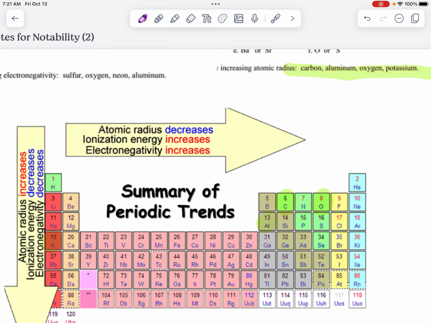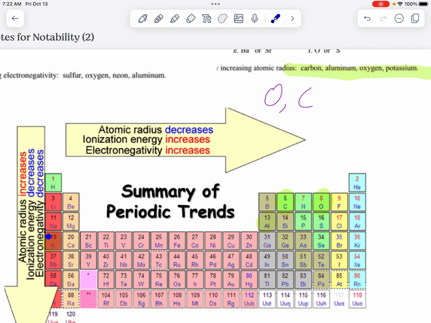Okay, so first things first, I want to compare the elements on the same period. So I want to look over here real quick. I want to find the smallest atoms first. Okay, atomic radius increases as we go down. So I'm going to look at the ones in the topmost row, the period. And then once I'm there, I have carbon and oxygen. Okay, well, atomic radius decreases as you go this way, right? So I'm looking for that smallest atom. So carbon is over here, so oxygen's actually smaller than it according to this arrow. So it's going to be oxygen, then carbon,